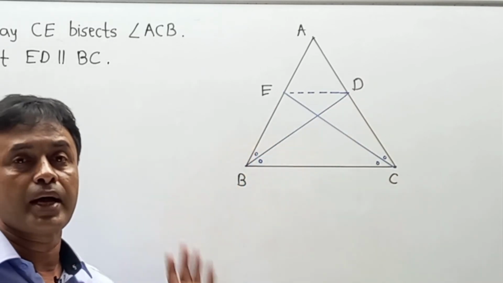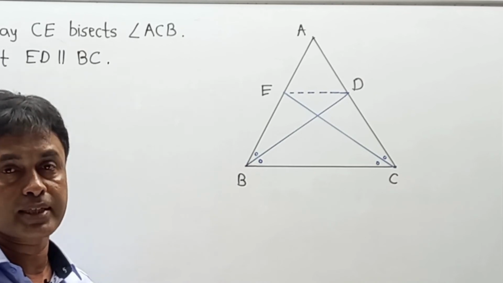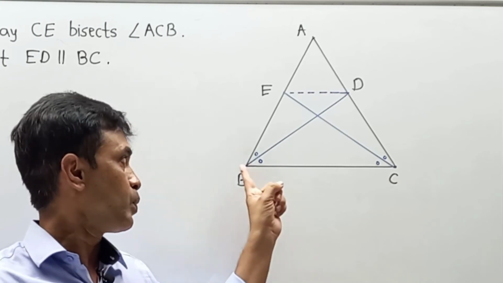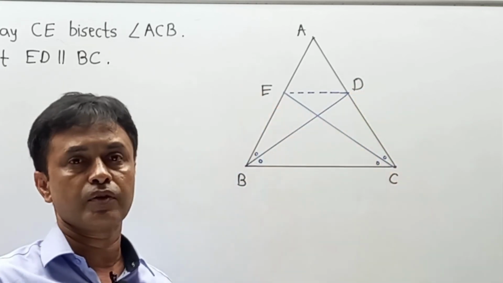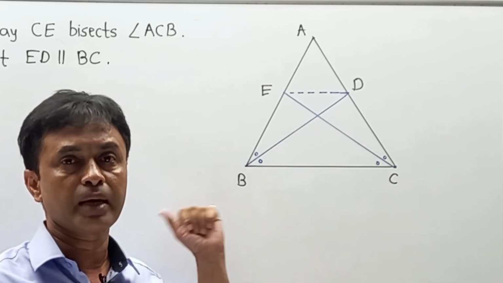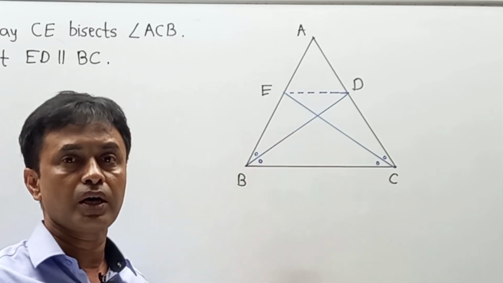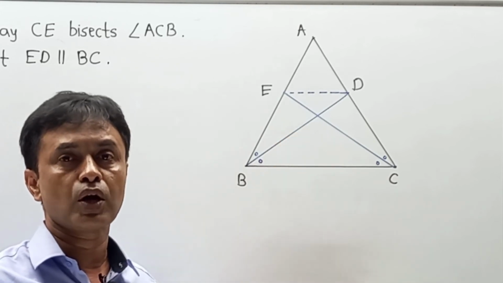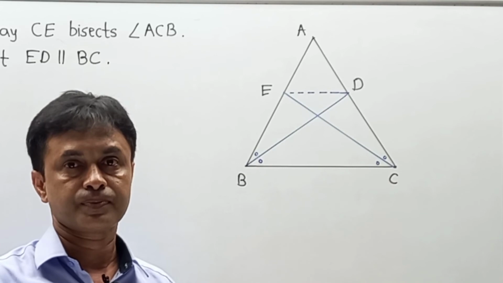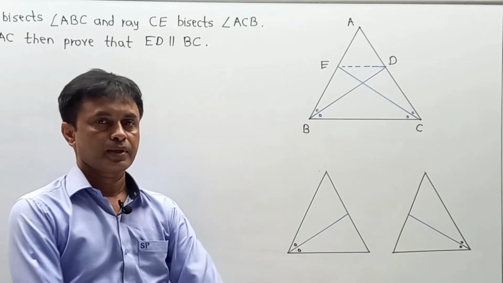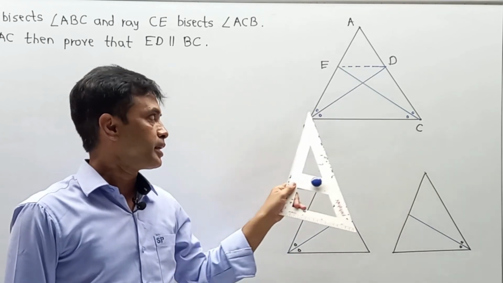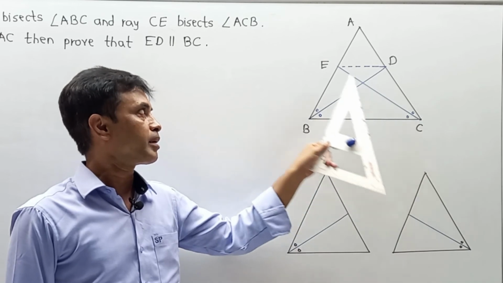Again, this numerical is related to angle bisector, but in this diagram there are two angles which are given as bisected. One is the bisection of angle B and the second is the bisection of angle C. Again I am going to draw two triangles in front of you, give you the explanation, then I am going to write it. First, when I draw the breakup of this diagram, you have to draw the diagram with me, and then you will understand the writing part. So please pay attention. Now the breakup of triangle ABC in terms of one angle bisector BD and second angle bisector CE.